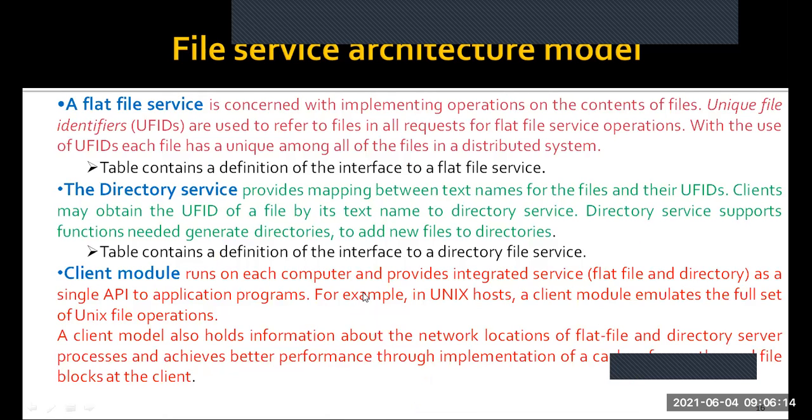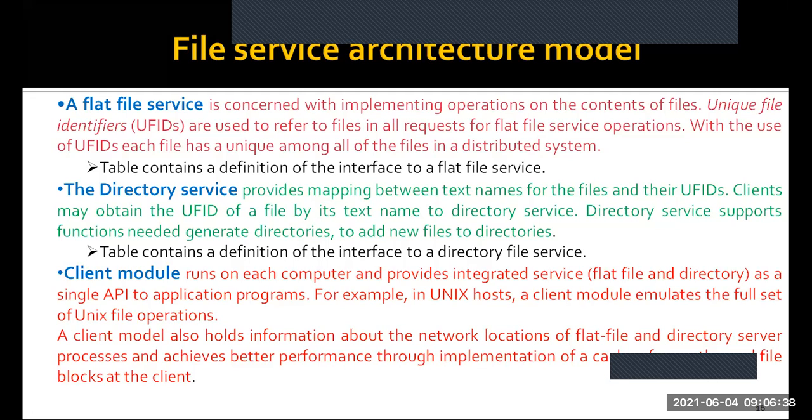Okay, so coming to the flat file service, it's concerned with implementing operations on the contents of files. Unique file identifiers are used to refer to these files in the flat file service operations. Using the UFIDs, we identify each unique file and implement the operations on the contents of the file. So how is the flat file service helping us?